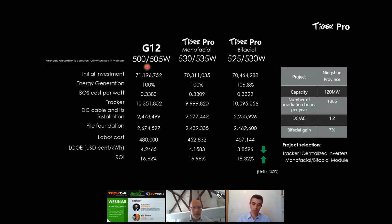If compared, for instance, with other typical features that we would expect on larger wafers and cell modules in the industry, equivalent to the Tiger Pro series that we have developed, which is represented in this case by the typical larger module with similar power classes on the left-hand side of the chart here. We clearly see how, by increasing the efficiency of the module and therefore the power class, while keeping similar geometrical features, it is possible to reduce the LCOE very significantly already with monofacial modules, but even further with bifacial, thanks especially to the extra energy generation and power of the module,